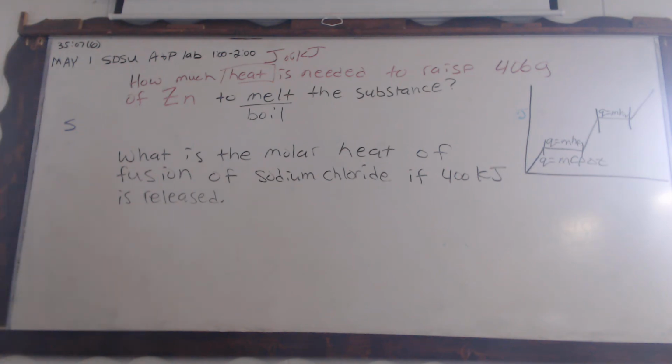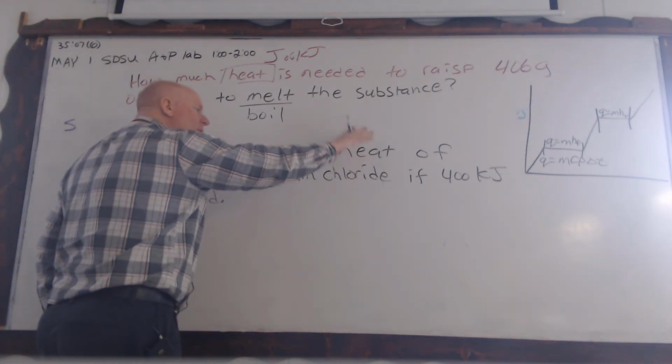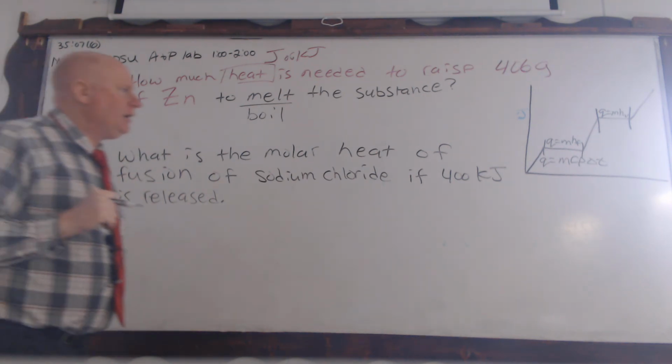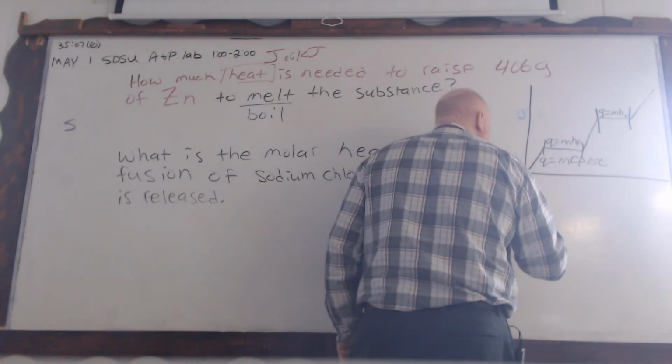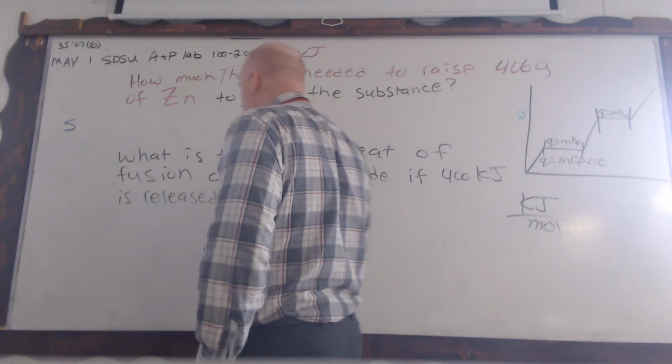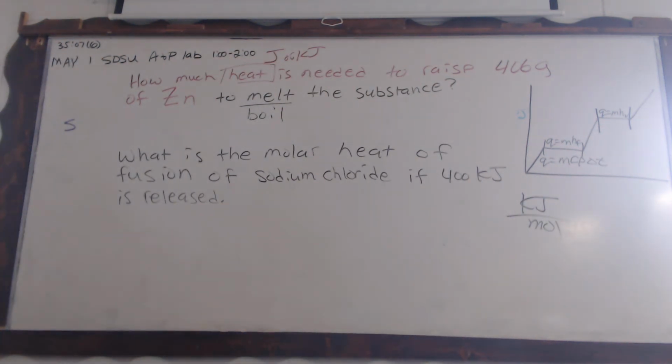Okay, so how do you label heat of fusion? Joules per mole or joules per gram? Notice, if you read this problem, is this a known or an unknown substance? It's a known substance. And you already elaborated, this is what we need. Kilojoules per mole is a heat of fusion, or so is joules per gram. So what you can do,